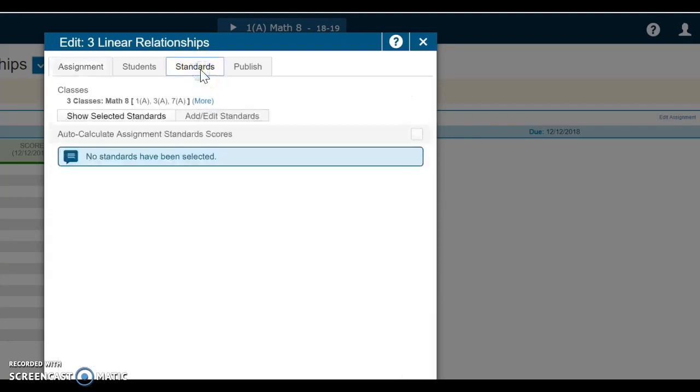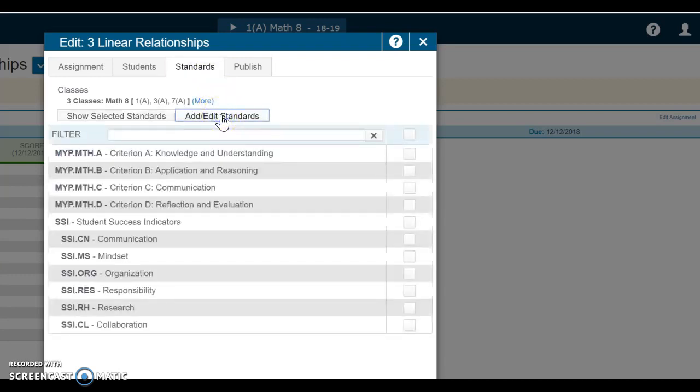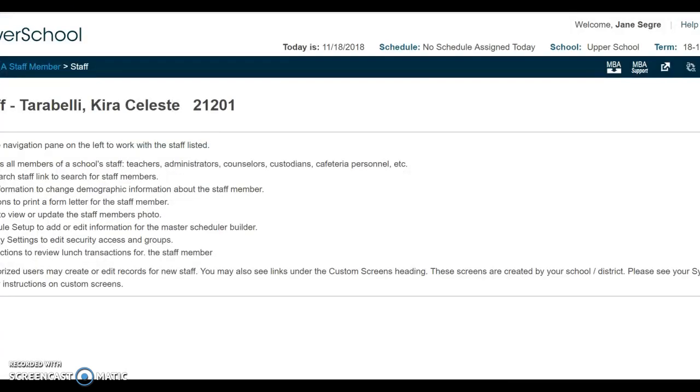Then you will click on Standards, Add or Edit Standards. You will select those that you talked about during this unit. And that's it. There's another way of doing it, and that would be, for example, for teachers who wanted to